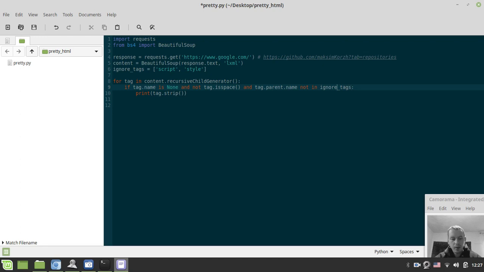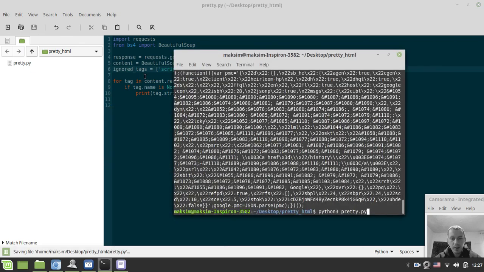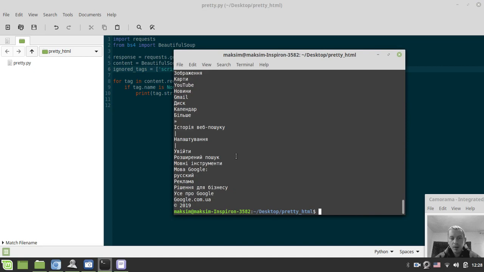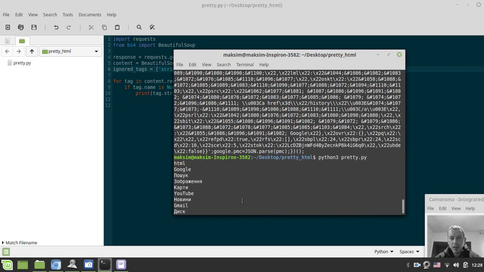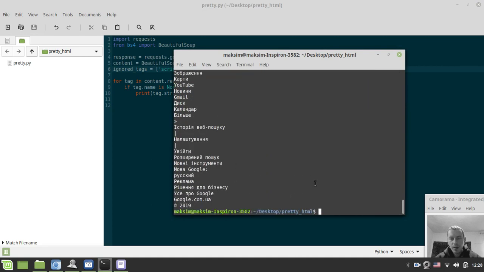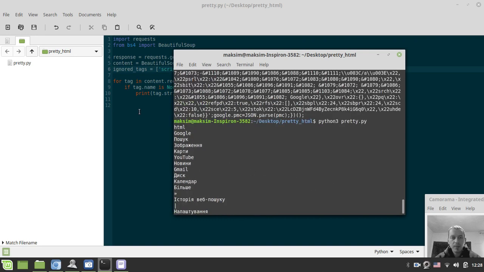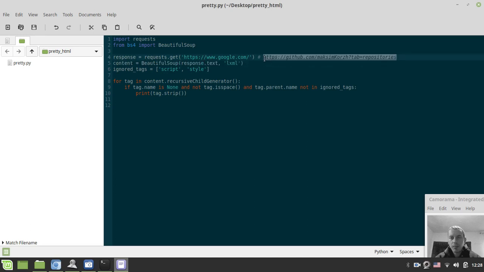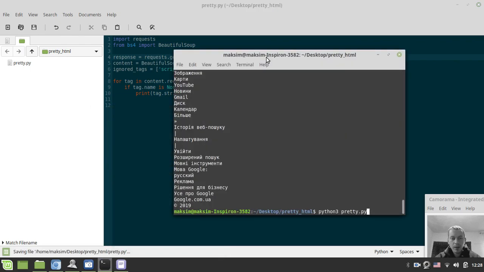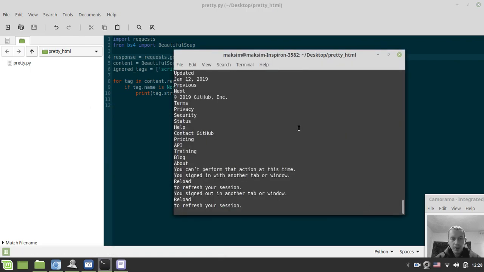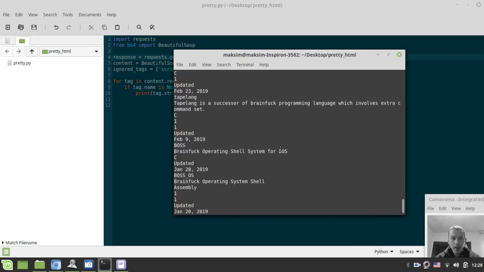Maybe it's better to call this ignored tags. Okay, let's check this out. Now we got rid of those nasty things like JavaScript on the page as well, along with the styles. So now we can actually get back to our GitHub page, and okay, so